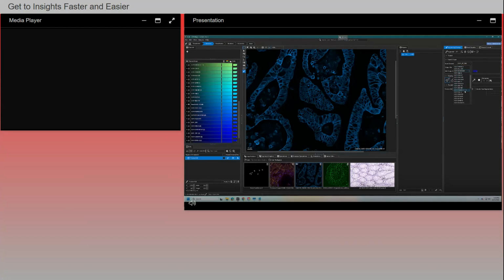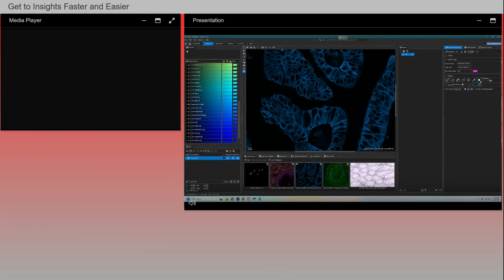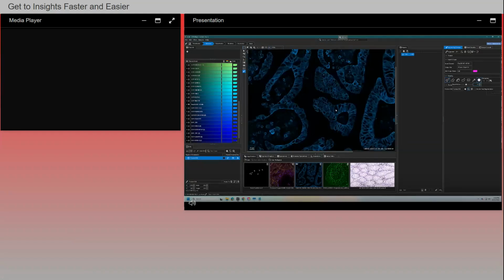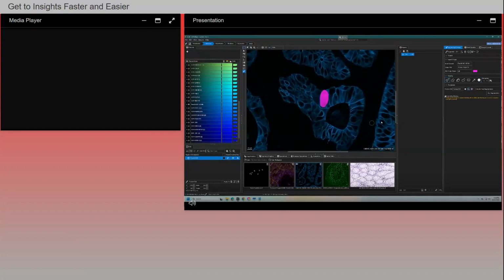So I'm going to choose the input channel PanCK. Now I'm going to choose a contrasting color so you could see my painting fairly well. The purpose here is for me to include cells of different sizes to indicate to Aivia what I'm looking for. So I'm going to make the brush a little larger here to paint some examples. First, I'm going to paint some very large examples here and some smaller examples maybe right here and somewhere in